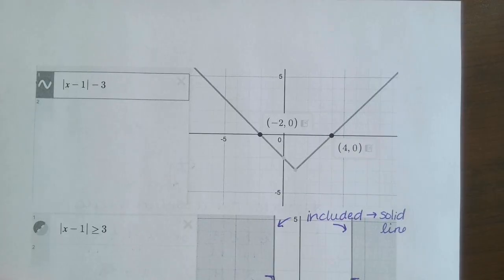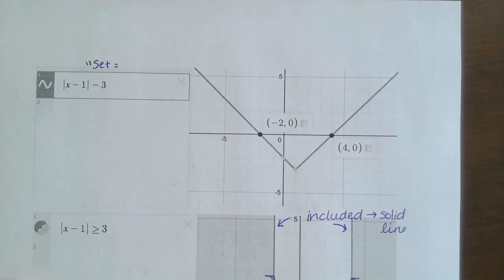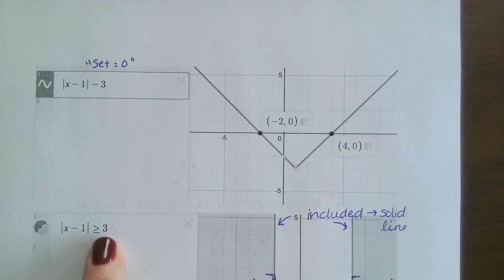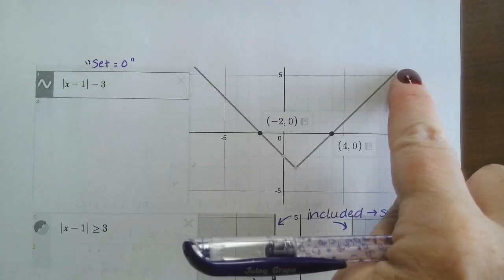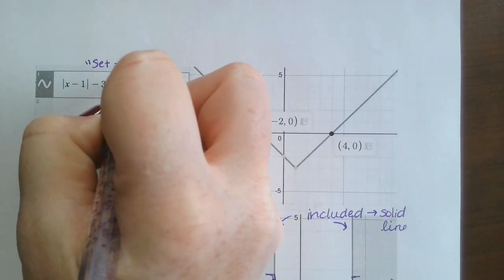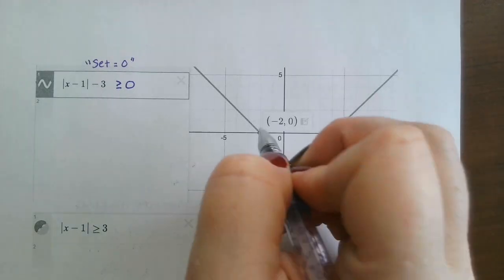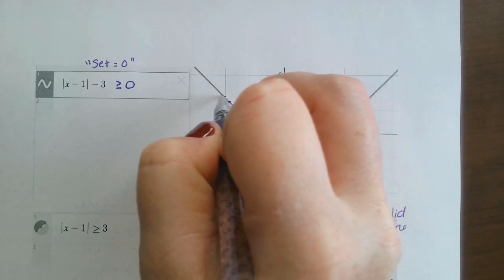I'm going to put in, set equal to 0, is ideally what I'm doing. So all I did was subtract 3 from both sides. So when we look at our original equation, I just set it equal to 3. And now I've got my v for my absolute value. I want to know, where is my graph greater than or equal to 0? Well, my y values are greater than or equal to 0 over here